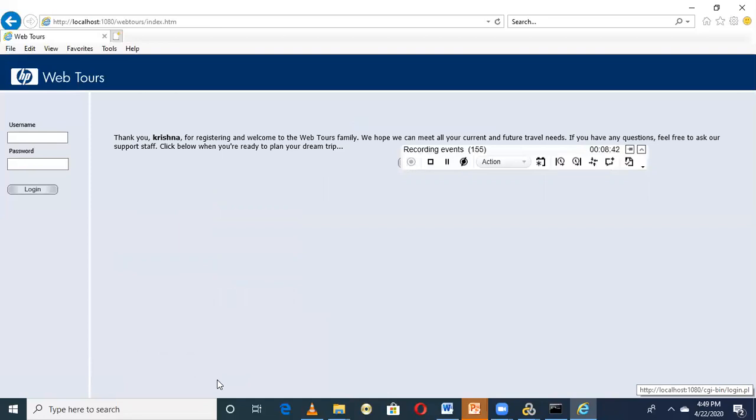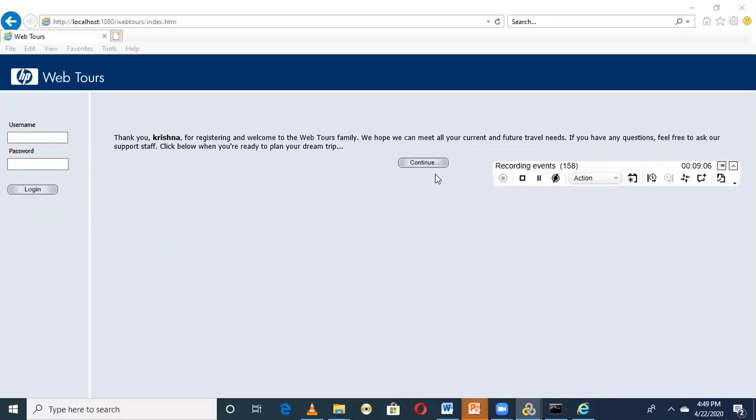After clicking on continue, it needs to show this text value. So we select this text value and click insert text check, and then end the transaction. Next we need to log in. If you clearly observe, when we click continue, it will automatically go to the login page and log in with the given credentials.